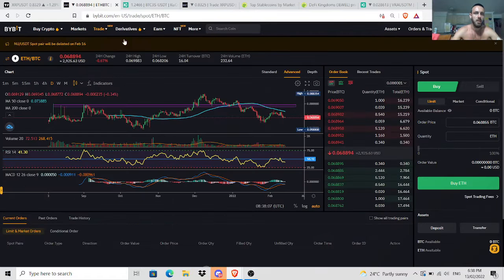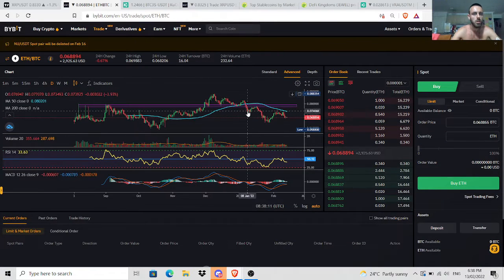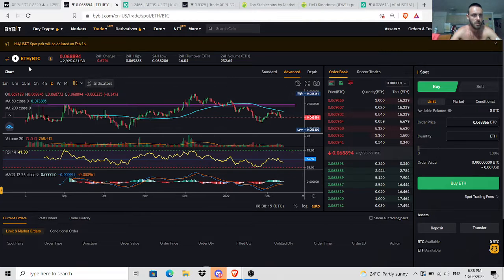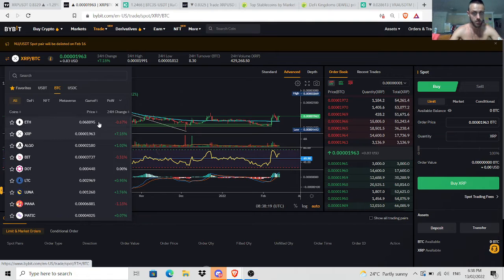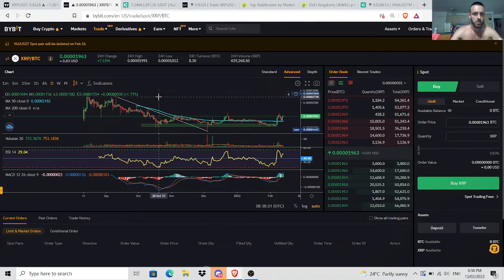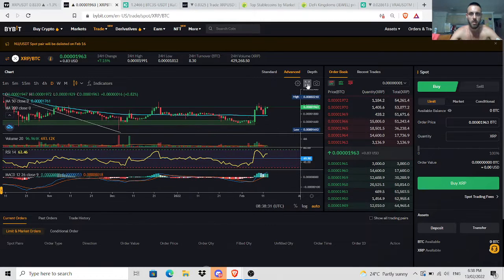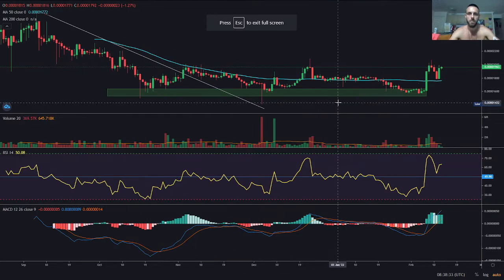And if we look at Ethereum compared to Bitcoin, Ethereum's not looking too strong. In actual fact, it's looking like it's at resistance. But if we look at XRP compared to Bitcoin, oh my goodness, XRP just looks so strong. We nearly tagged green here on the daily. We did not tag red. And the MACD pushed up and we're in bullish territory. Okay? We're in bullish territory.